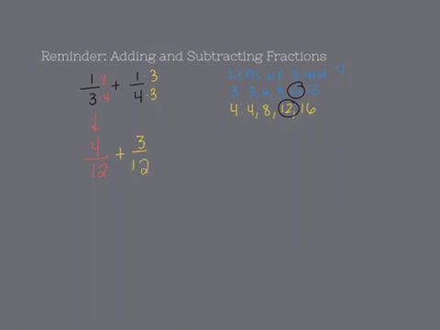Now that we have this common denominator, we're going to go ahead and get a total. We have 4/12 over here, we have 3/12 here, so altogether we have 7/12. So we essentially do the same thing as we do with regular fractions when we're working with rational expressions. So in our first example, we're going to look at